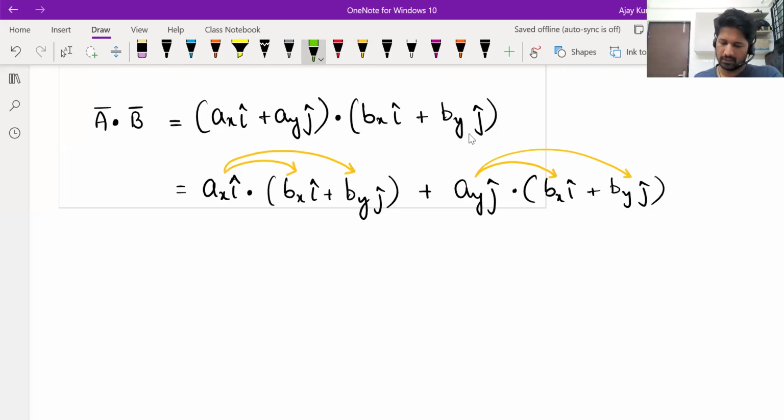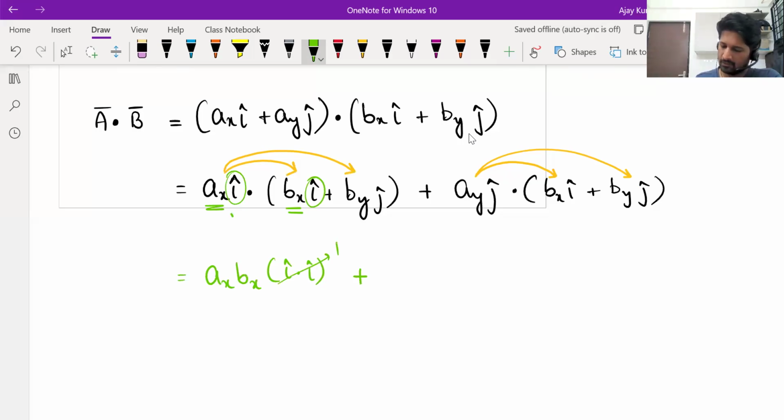Okay. Look at the first two terms, ax I cap dot bx I cap. Now I cap, they are both in the same direction. So angle between them is 0. And their components, if you see, one is ax, the other is bx. You multiply them, it becomes ax bx times I cap dot I cap. You can write it like this. And we know I cap dot I cap is 1. So the first term becomes ax bx. Next,